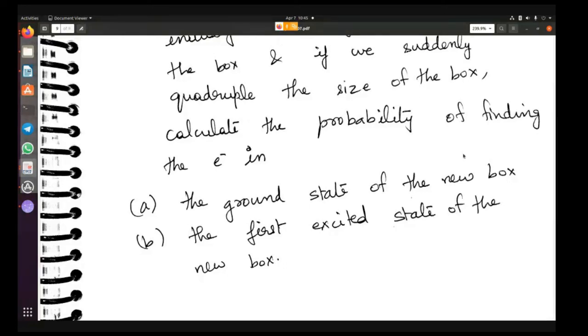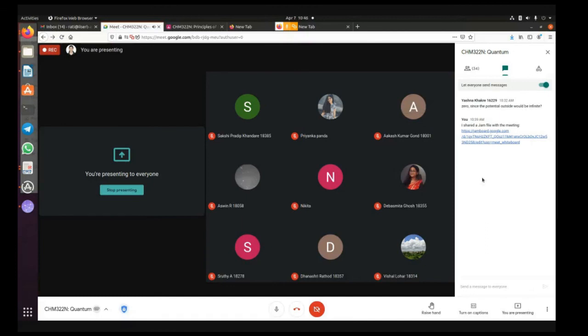And tomorrow, whatever I've been promising you for the entire course, we will do the hydrogen atom. So tomorrow we are going to start with the hydrogen atom. And finally, we are going to see what orbitals we get when we solve the Schrodinger equation for the hydrogen atom. That will be an interesting problem, because now I think you have the tools to understand everything. So tomorrow we will apply all those tools in trying to solve the hydrogen atom problem. Any questions?